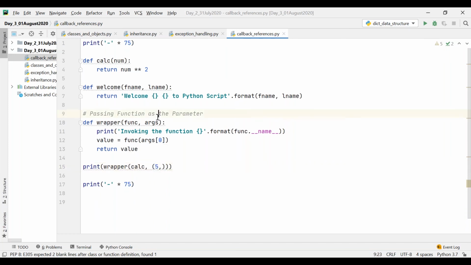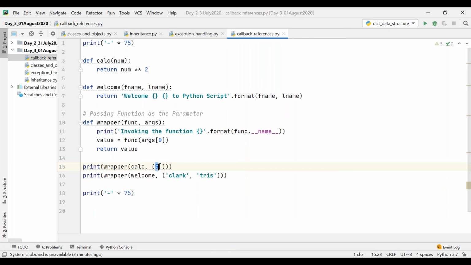Now consider I want to invoke the second one. In this case, I have to say print wrapper of, what is the function name? Welcome, right? And then I can have some parameters like Clark, comma, Tris. In this case, I am passing two parameters, right?